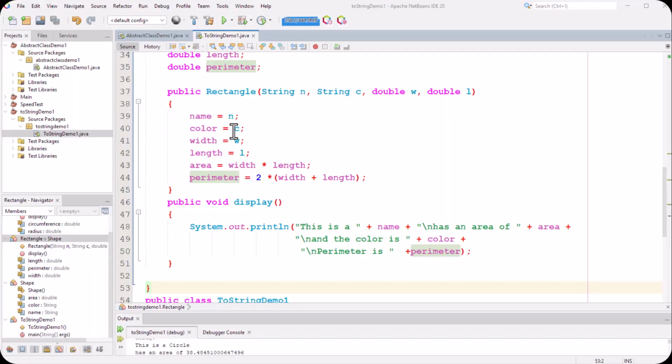In this tutorial, I'm going to show you the toString method, how to override the toString method. The toString method is there in the Java object class, which can be overridden. If we do not override the toString method, it gives us some detail about the class. Now here I have